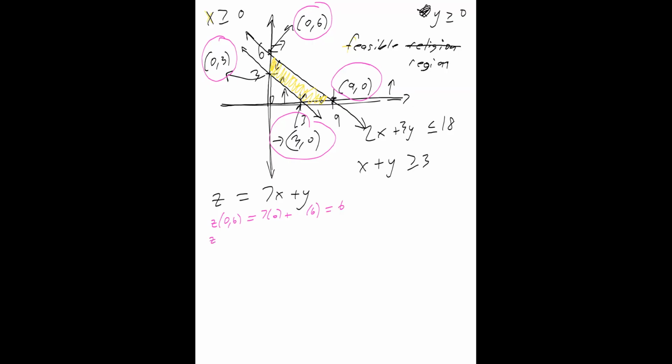And then what's the z value of the left upper corner? So the 0, 3. What's the value of 0, 3 plugged in? It'd be 7 times 0 plus 3. What's that? That'd be 3. What's the value of it at the right middle corner? So what's the value of it at 9, 0? What's the value of 7 times 9 plus 0? What's the value of that? That would be